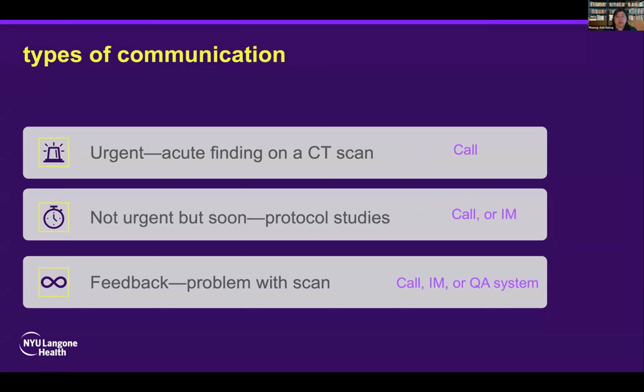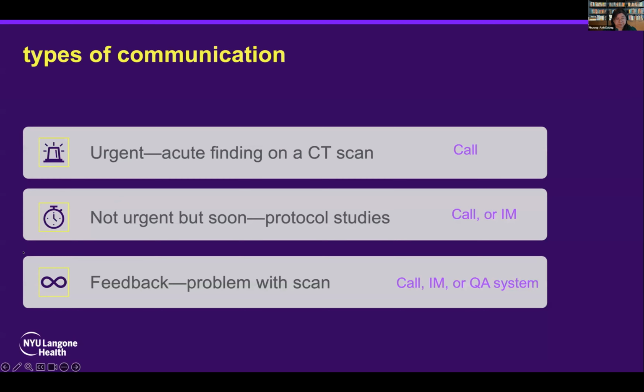At NYU, we use Primordial. In my previous institution, we used Teams because that was HIPAA compliant, and everybody had it. So some things can be done that way, and just as with texting, that we're very used to using, it's not always convenient to make a phone call. Sometimes it's more convenient